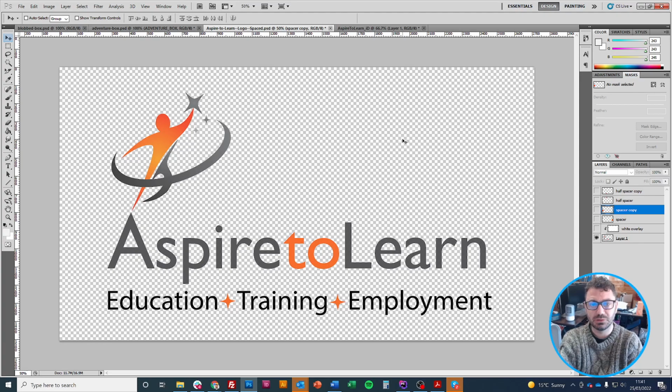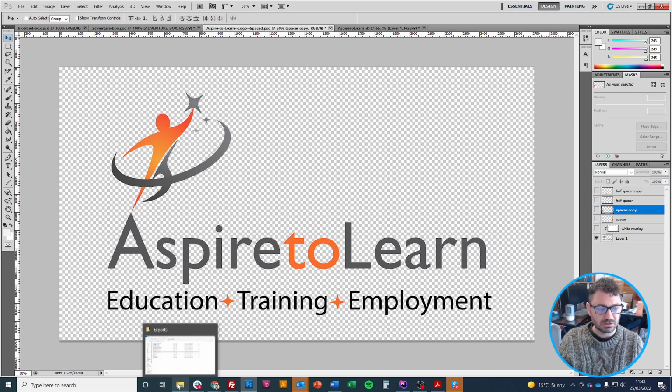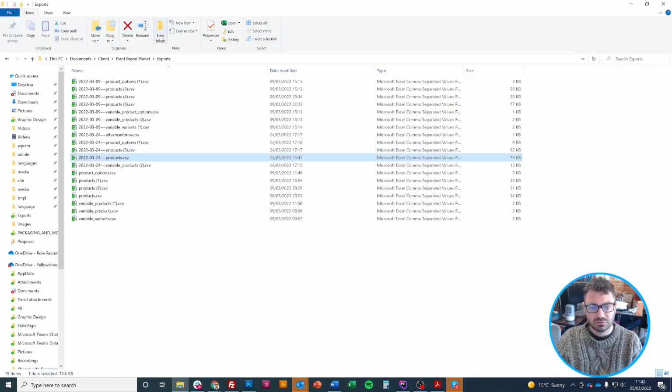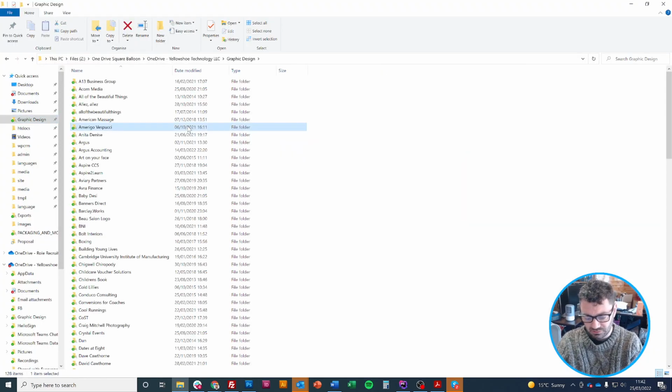If it was 1 meter wide, that would be huge, and you might think something could be closer because it's like 25 centimeters or whatever it is. But in that situation you're probably going to be on a billboard or something like that, so you should still keep the same spacing. I hope that helps you to understand what X is and how to space out logos. You could use this principle with other elements as well, anything that's important. Text which is too close to the side definitely wouldn't be okay, though an image is normally fine touching the side. And if I show you quickly some brand guidelines,